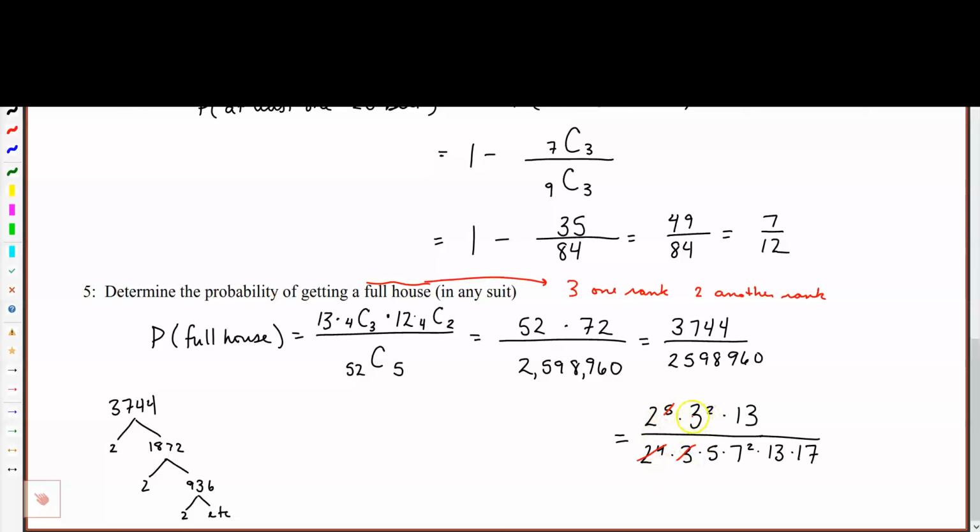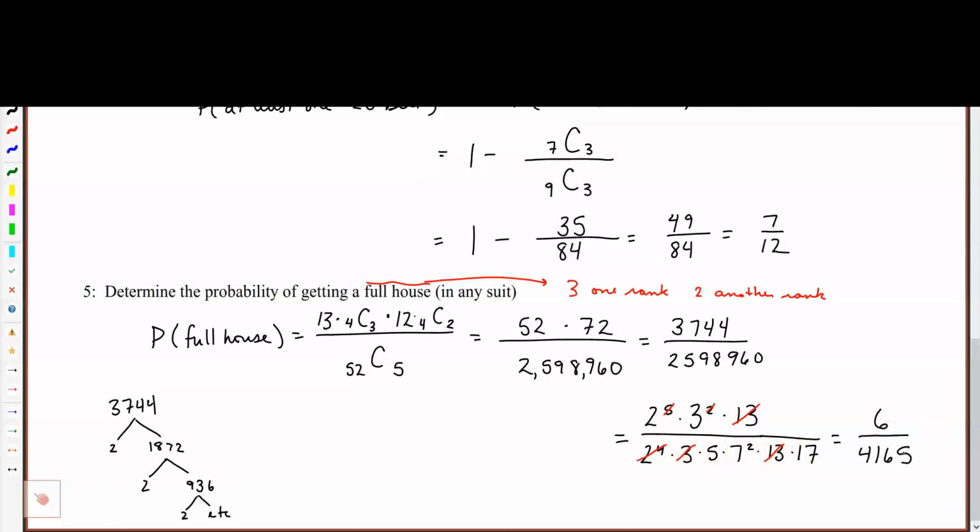This 3 will wipe out one of these factors of 3, and I'll just be left with 3 to the 1st power upstairs. These 13's will simplify, and then that looks like it. So after simplifying any common prime factors, I'll be left with 2 times 3 or 6 upstairs, and downstairs 5 times 7 squared times 17, which would be